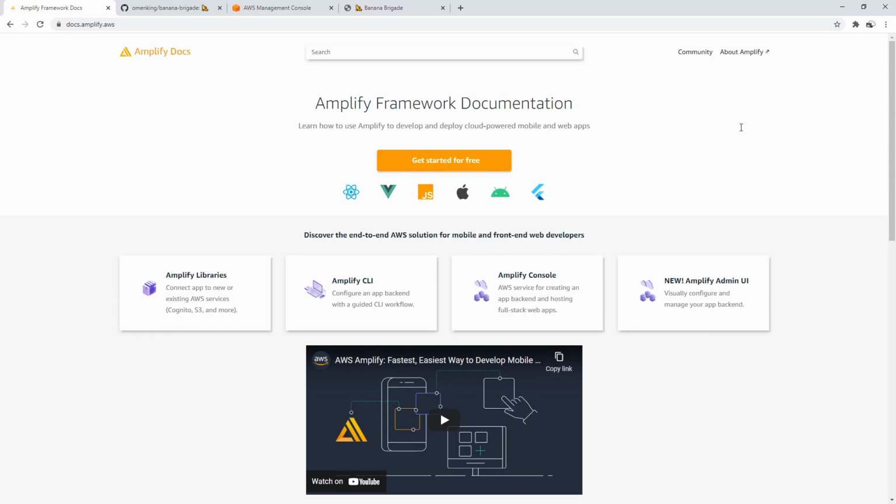Hey, this is Andrew Brown, and what we're going to be doing here is building out an AWS Amplify application. Now, if you're not familiar with this framework, it is for rapidly building mobile and front-end web applications for AWS, but the idea is that you don't need to know so much about the backend. There's a lot of opinions integrated into this framework that makes development a lot faster and easier for new beginners